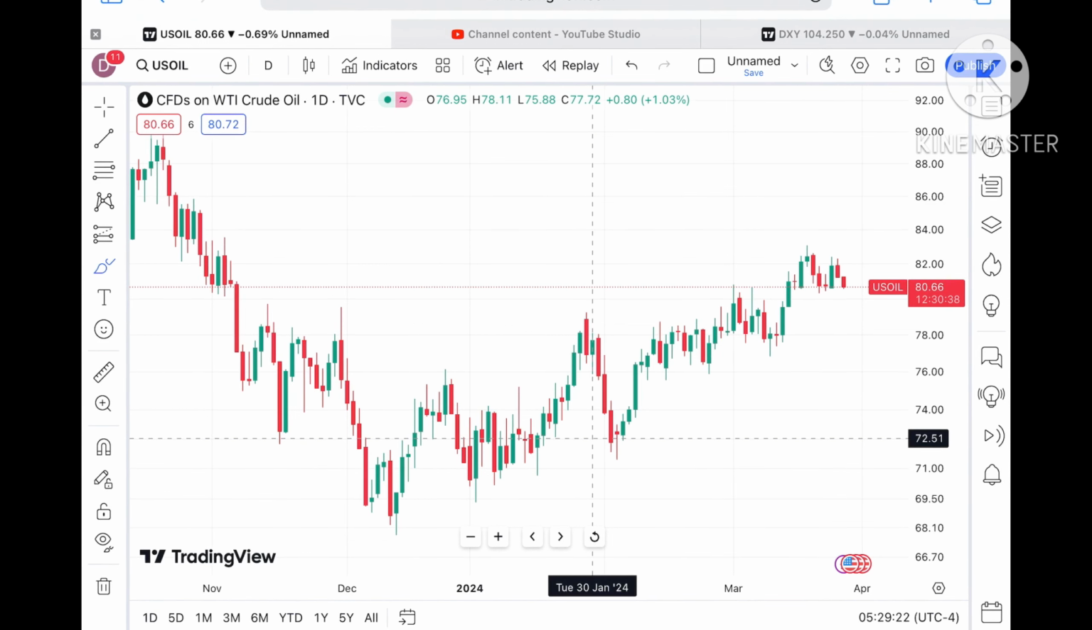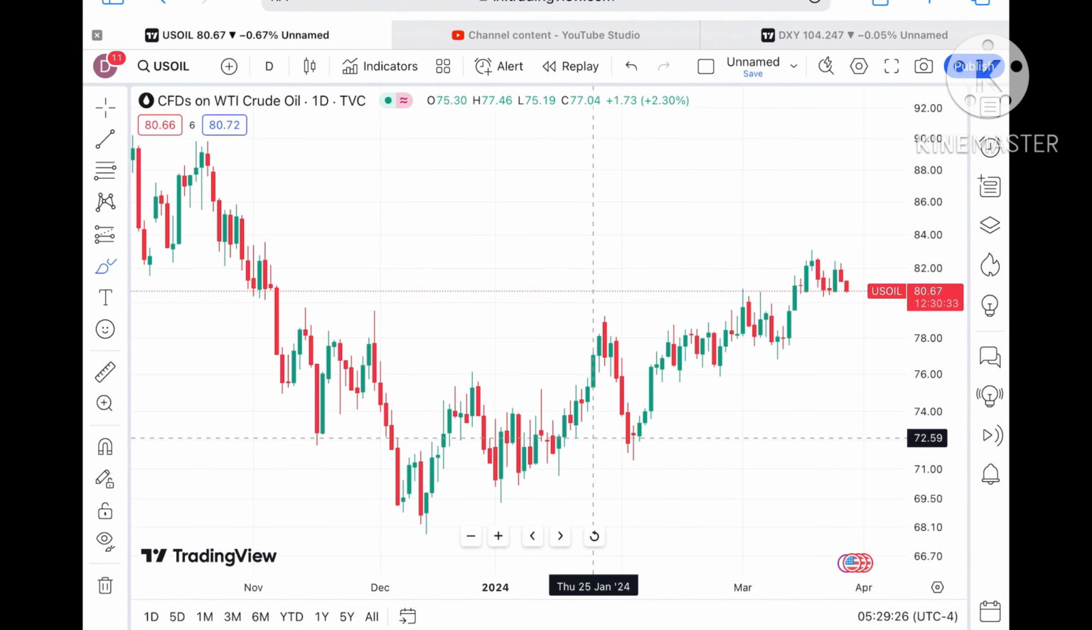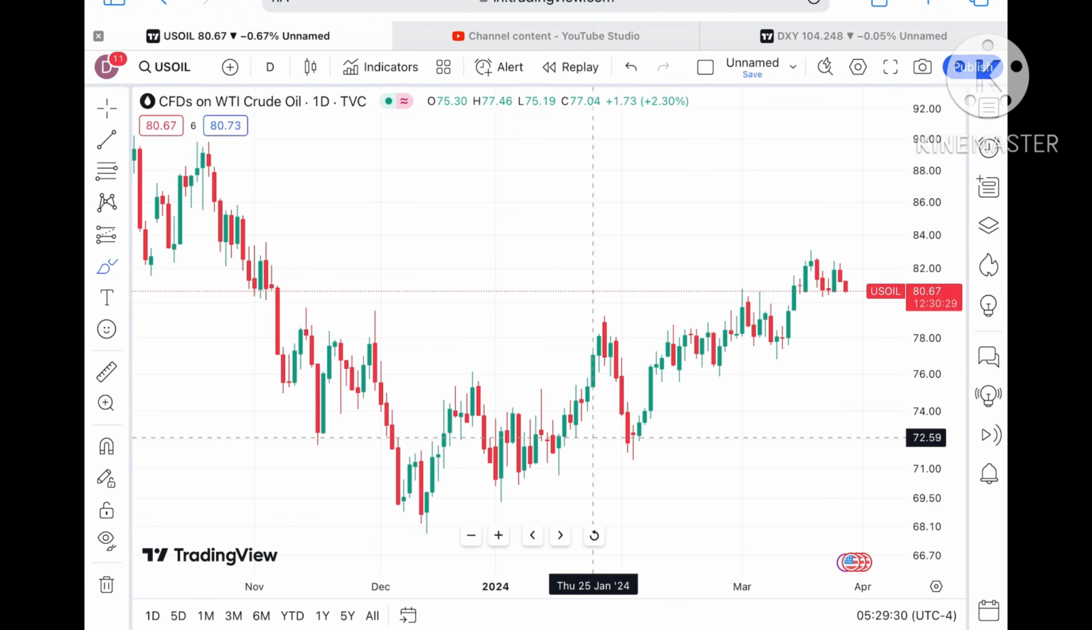So probability of moving further upside we can see in the price of crude. So now let's see how the price of crude can move. Before I move ahead and explain how the price of crude can move in the next 2 days,